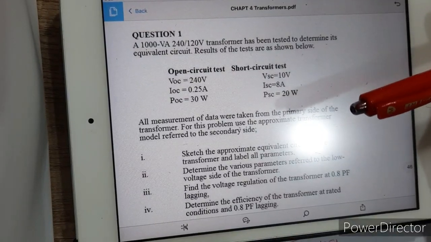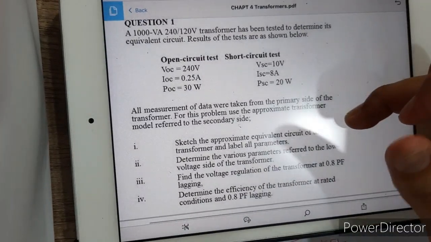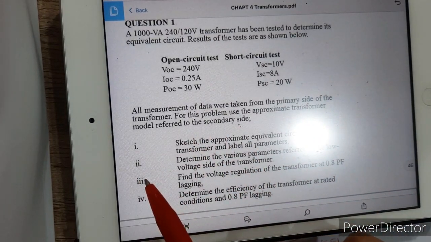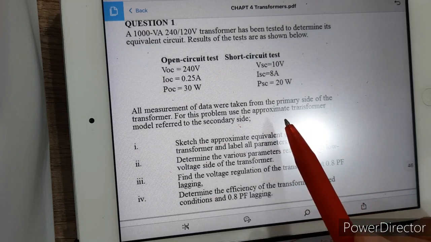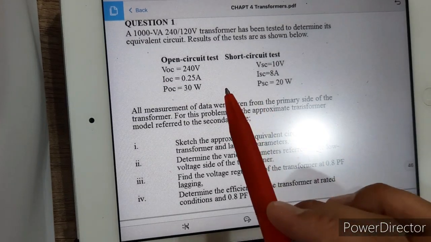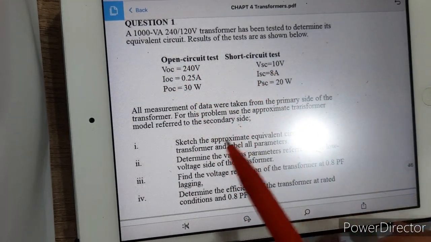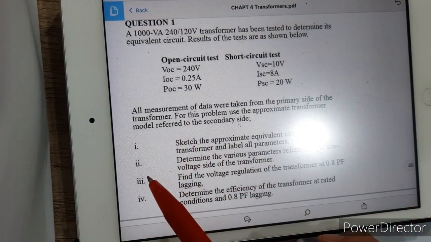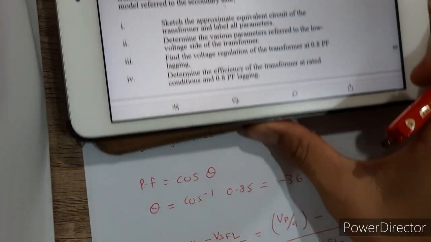Okay, so let's do the tutorial question. Question number 1. Actually for question number 1, for 1 Roman and 2 Roman, we have covered them in the last topic, when we discussed the open circuit test and short circuit test. So we just use this answer to answer the next question, number 3 Roman and 4 Roman. Based on the previous answer,